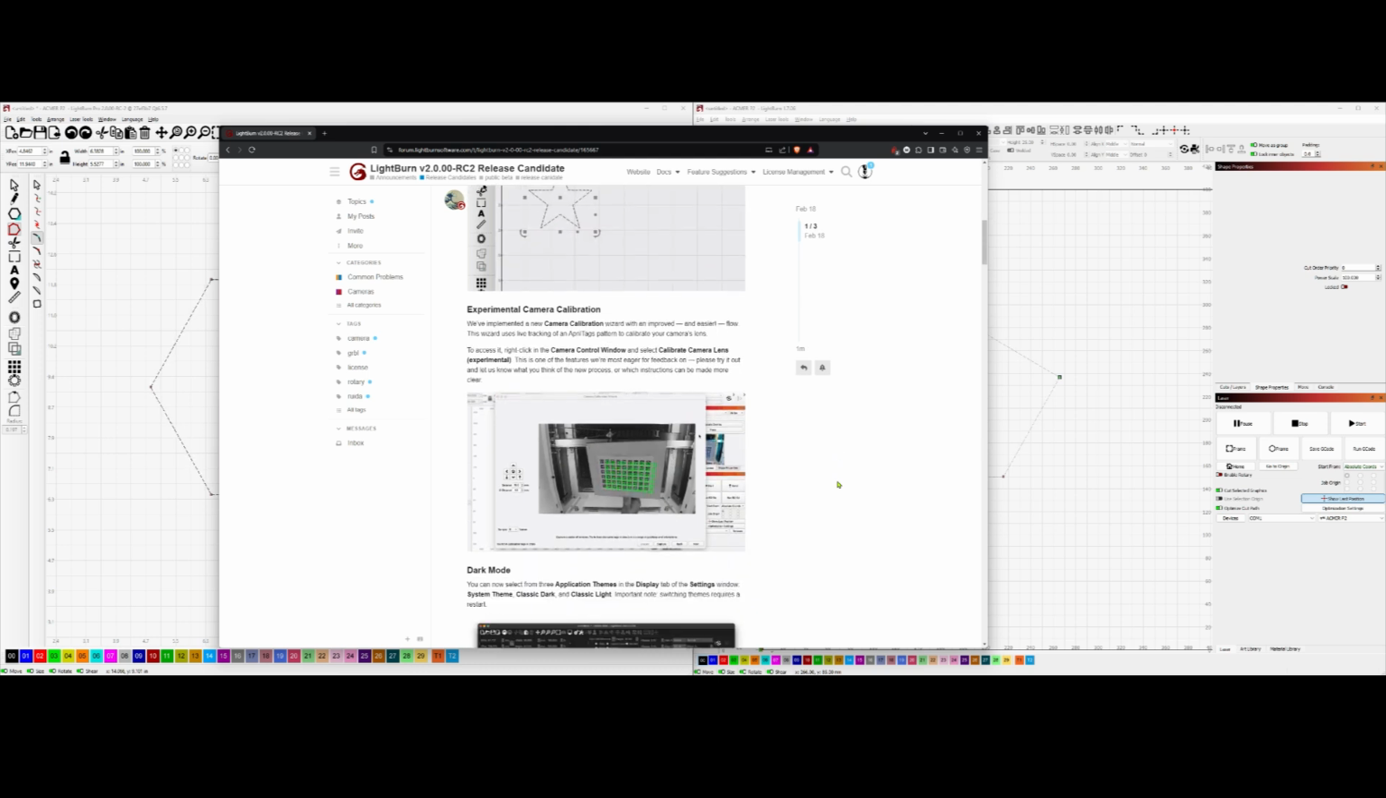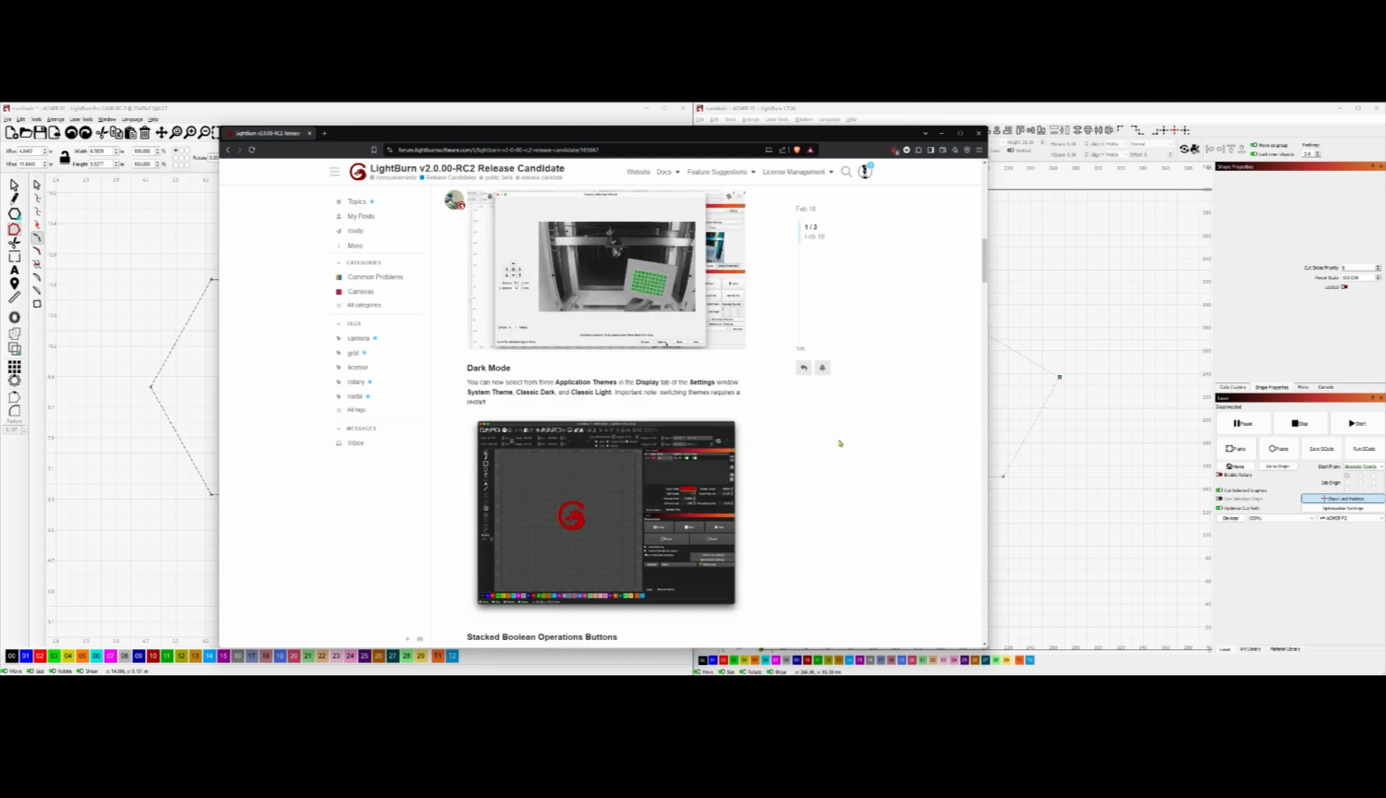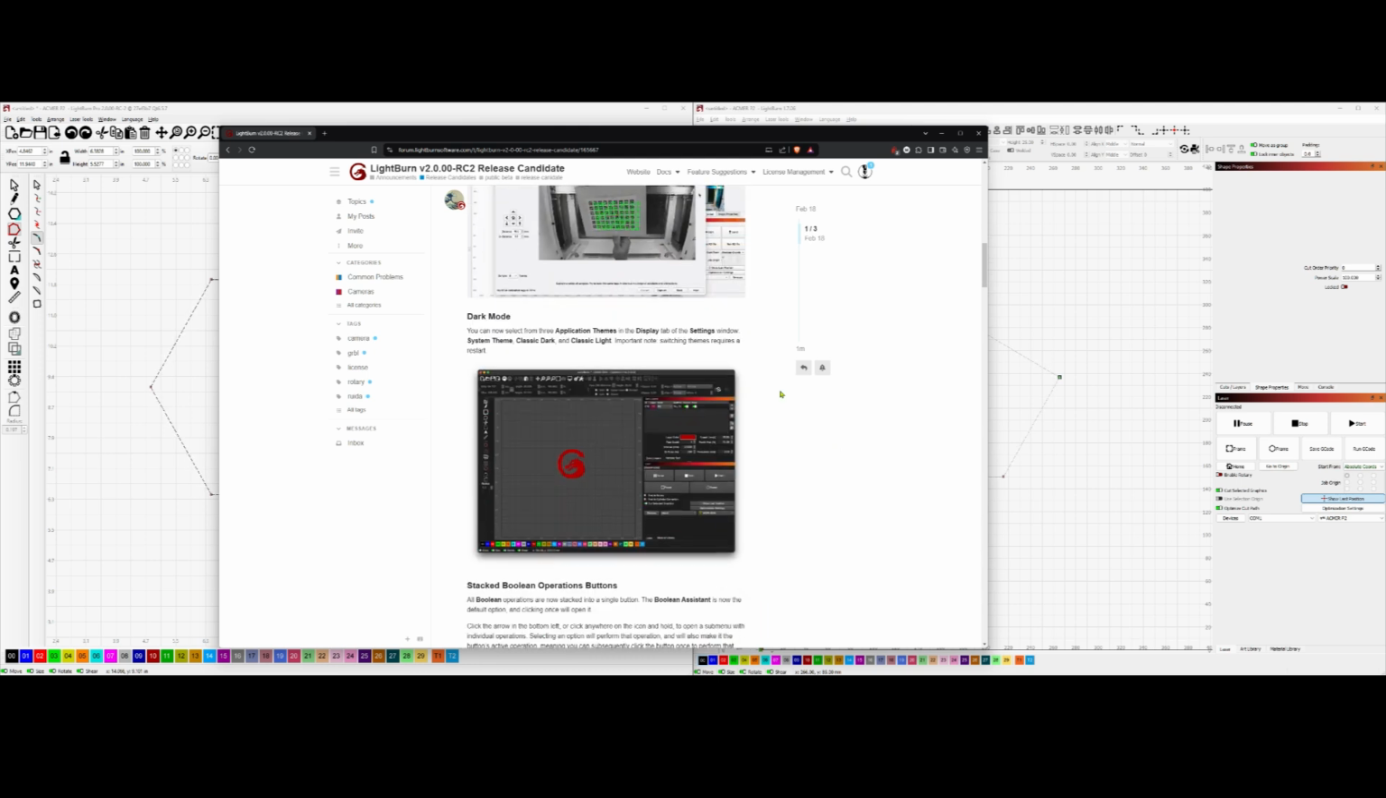The experimental camera, I'll do some playing with that in an upcoming video. It's a little bit outside the scope for this, but it's kind of cool looking, just watching what their little video shows here. You kind of got real-time tracking of the patterns and everything, so looking forward to playing with that. From a theme perspective,